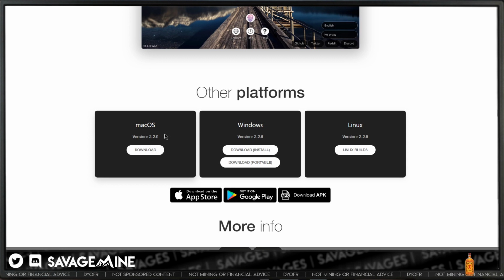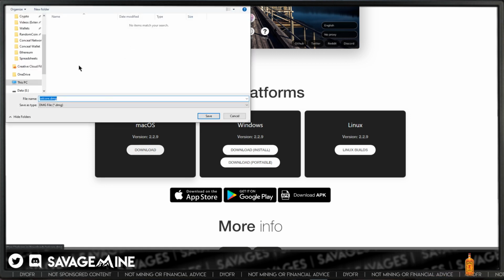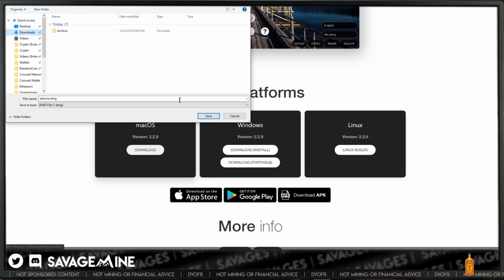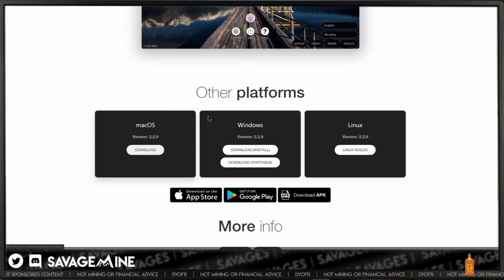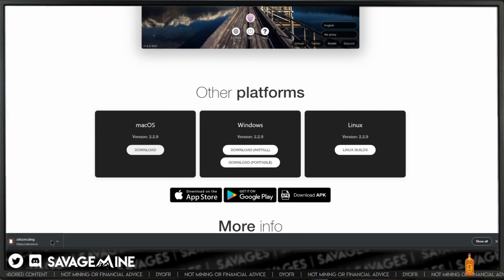Let's just do Mac OS just for the heck of it, because I don't use Mac, but we'll just do this so that we can check the file hash, right? So I'm going to click download. I'm going to throw it into my downloads folder. All right, so now I'm downloading the DMG file for ZelCore wallet on Mac OS.